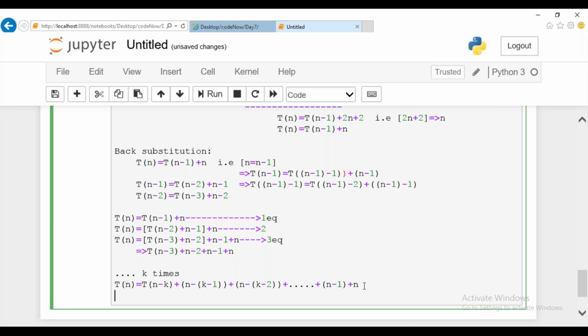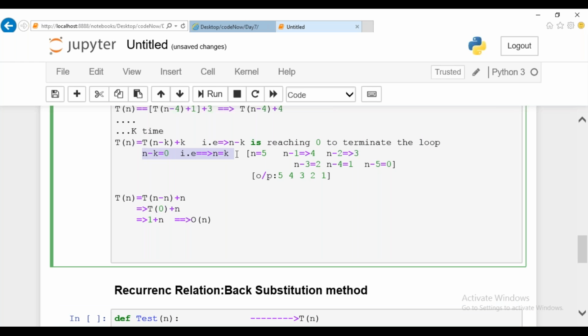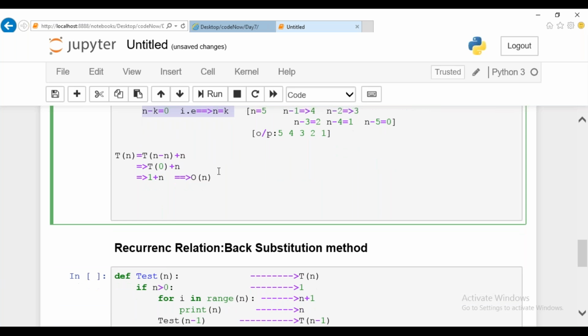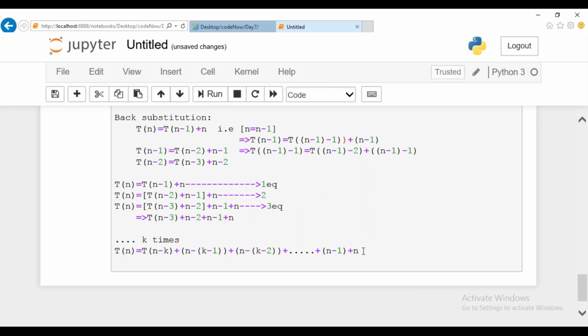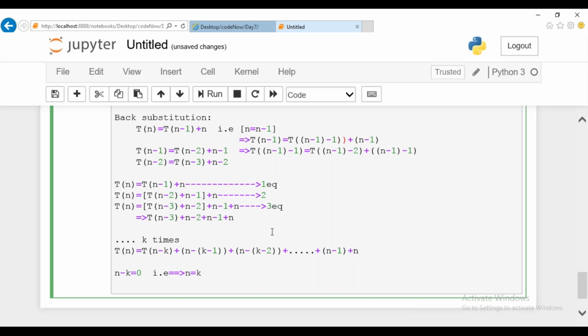Now we are going to evaluate it. What is the termination condition? The same thing, guys. I'm not going to change any termination condition here. The same termination condition I'm going to make use of, that is, whenever my n minus k equals 0, my loop terminates. As in the same for loop, whether you keep it k minus n or n minus k, wherever it reaches 0, your loop terminates. So I can assume that my n value equals k as my equation here.